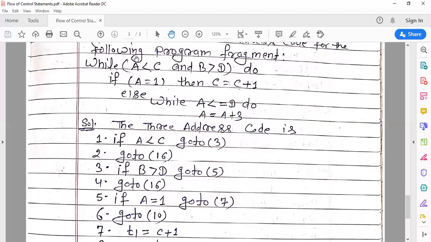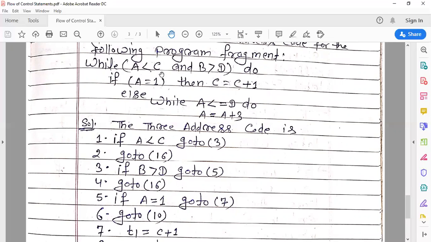So we cannot decide here. If a less than c is false, then we can decide: the result for the whole expression is false.